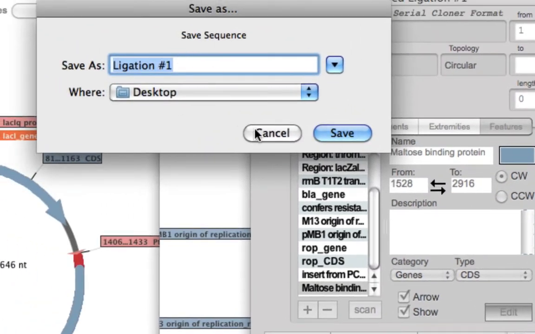So save as. So remember, all we did was we had the new construct, and we re-annotated maltose binding protein in it, right? So we have this new construct as human erythropoietin gene in pMAL-c2T plasmid.